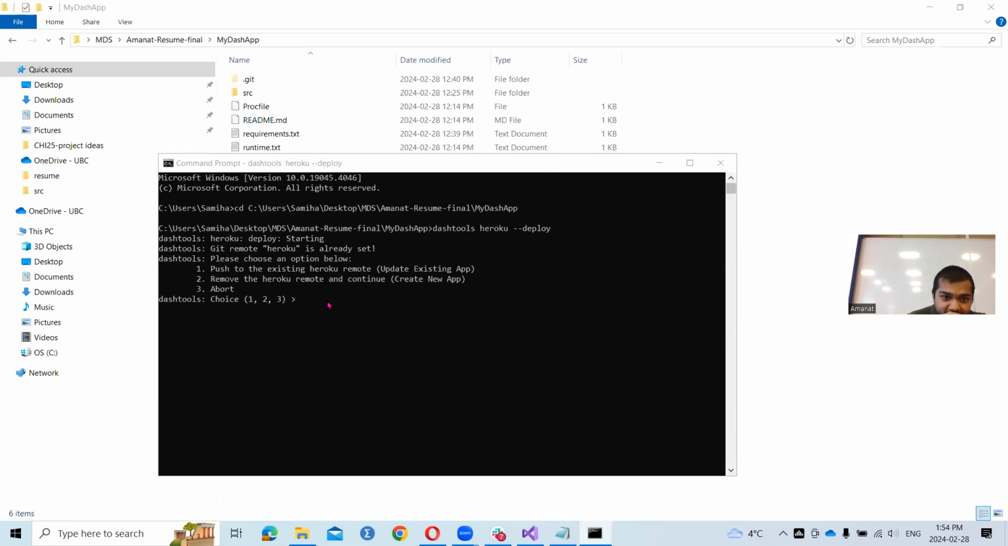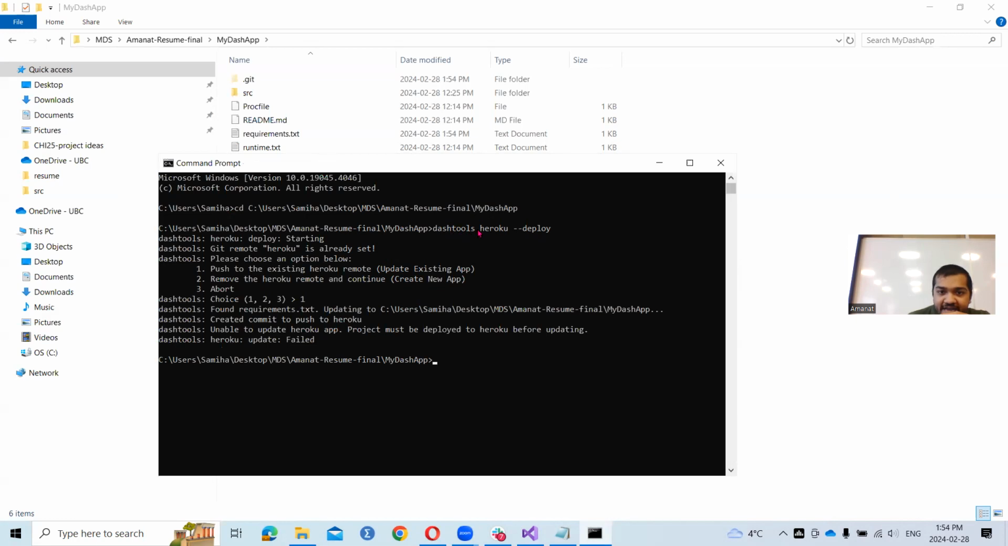Please choose an option below. So because I already deployed it, push to existing Heroku, remove. Because I already deployed it, it's showing me this option. Push to the existing. Okay, one. I'll push it again. So once you do dash tools heroku minus minus deploy,